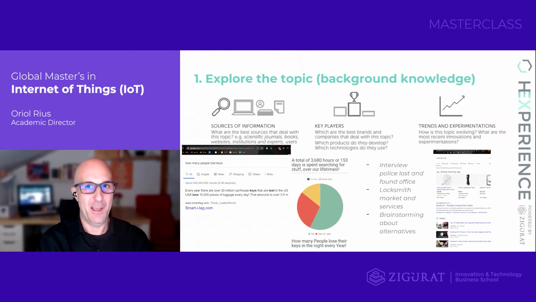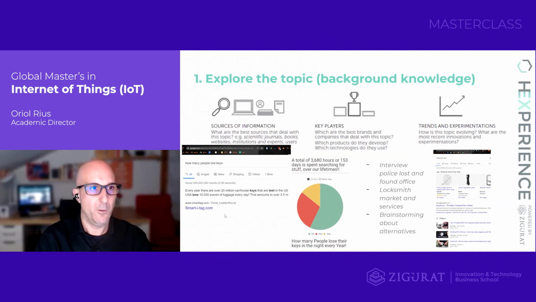Okay, then step one, explore the topic. So gather background knowledge for the project that we are facing. Okay, at this point, at the end of the day, what we want is to find proper sources of information. We want to identify key players of this market before we come to that market, and trends and experimentations of the market. The toolkit suggests different ways of solving it, but for giving just an applied example of what we can get thanks to the toolkit,